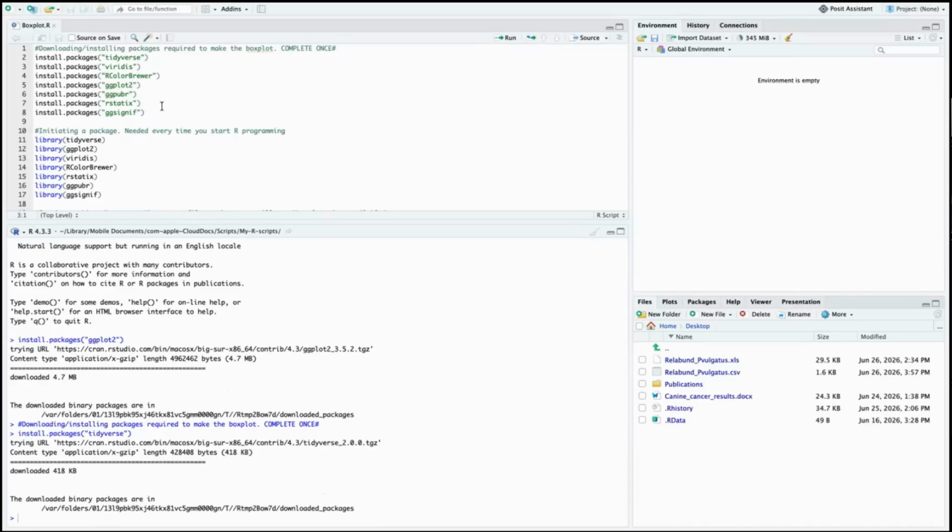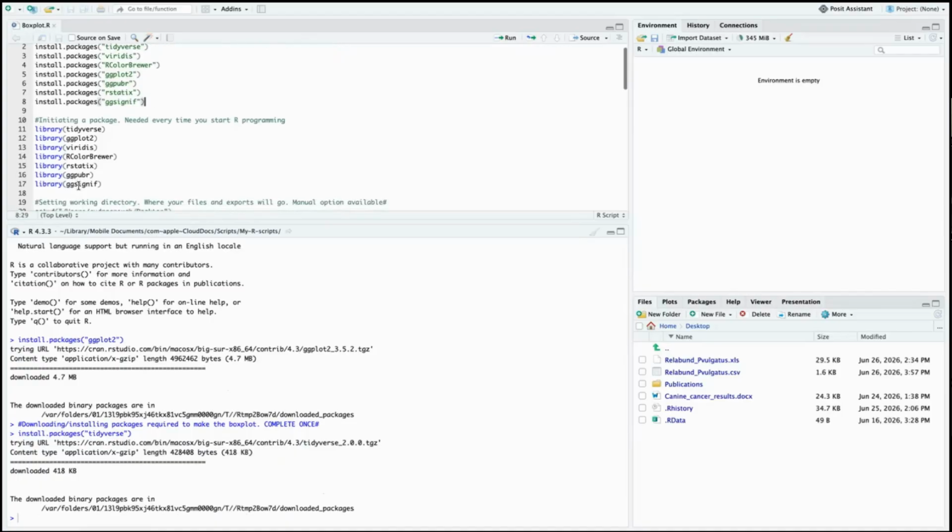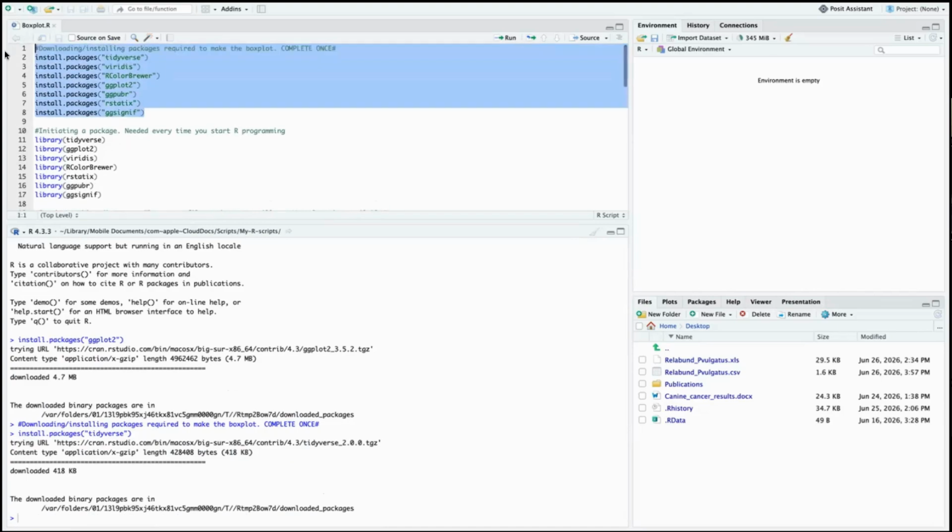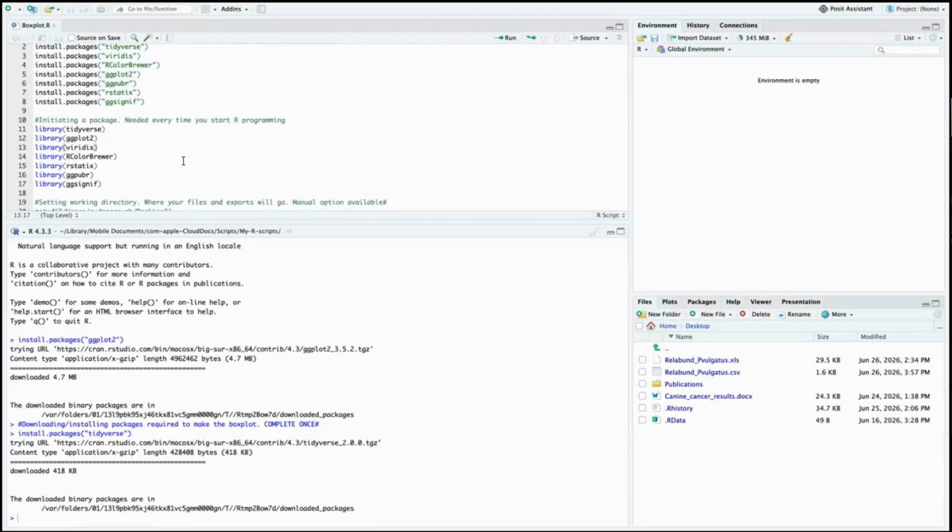You can also highlight them all and click run again. Once you have your package installed, you need to initiate the package